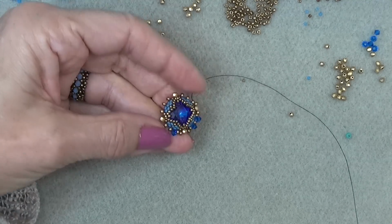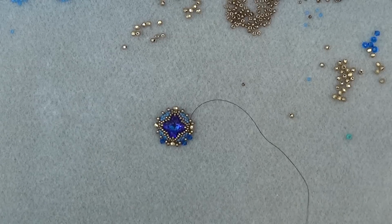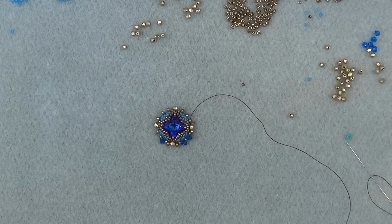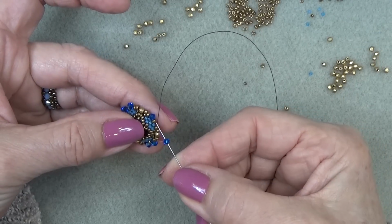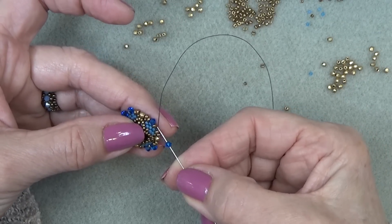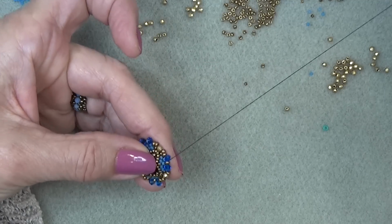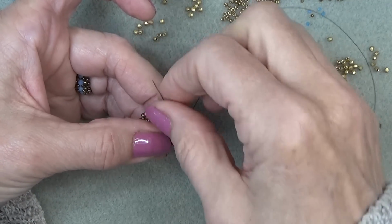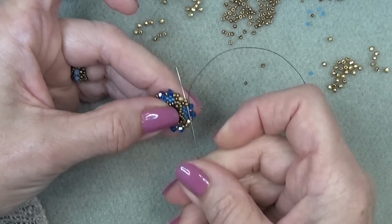And if there's something else you want to put in there, why not? Put some rondelles or 8/0s or whatever you like in there. All right, so I'm just going to do that all the way around and then come on back and we'll go around again. Okay, coming down to the end. So here I'm putting on my last bicone through this 11/0. So I have two bicones on every side. Just going to sew through the next bicone and up the next two 11/0s